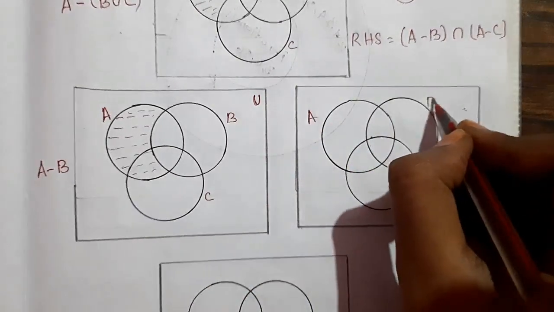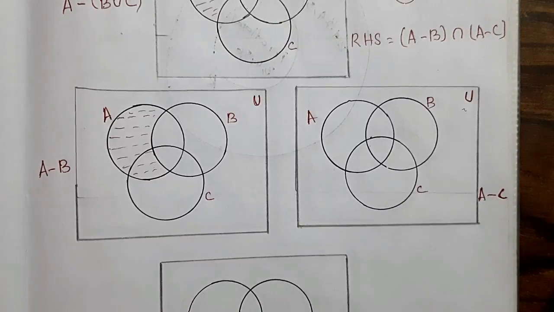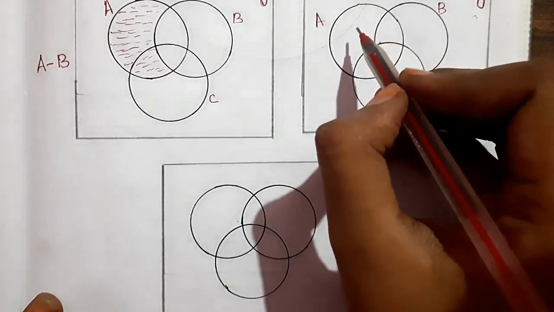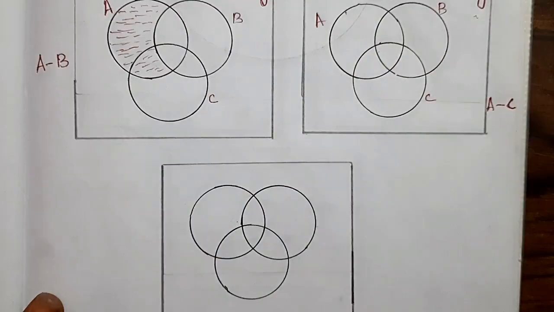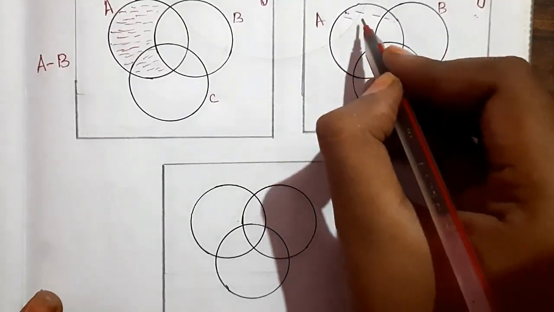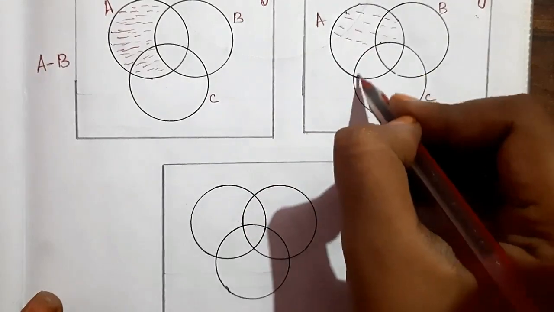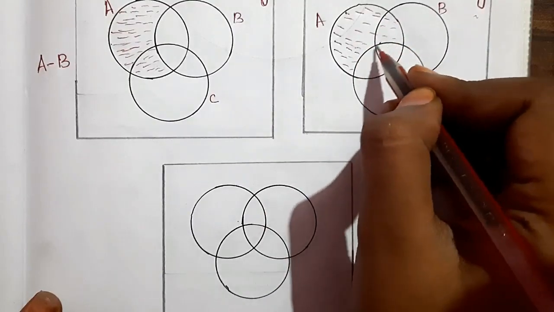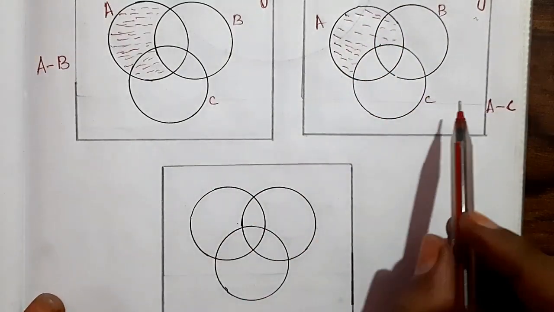It is A, B, C, universal set. It is A minus C. So from A set just remove the C element and shade it. So I can shade like this. Do it carefully. A set, it won't affect B. Okay, we should care only about C. So this is C. Okay, I didn't touch the C set, only I touched the A set. So this is A minus C.